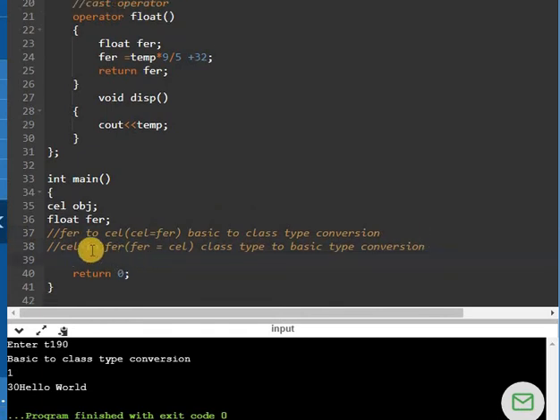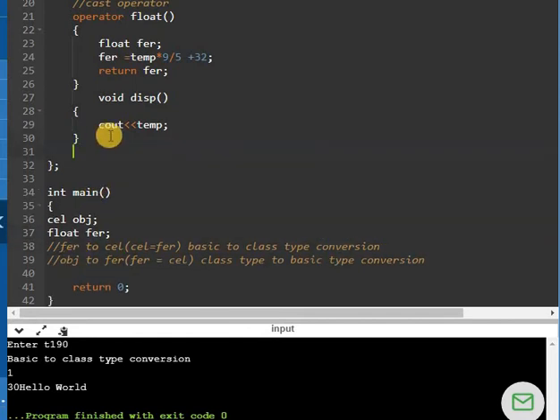Because we are converting Celsius to Fahrenheit, we have to enter the value for the object also, because this is the object. I have not created any function which will enter the value for temp, which is a data member of the class object.